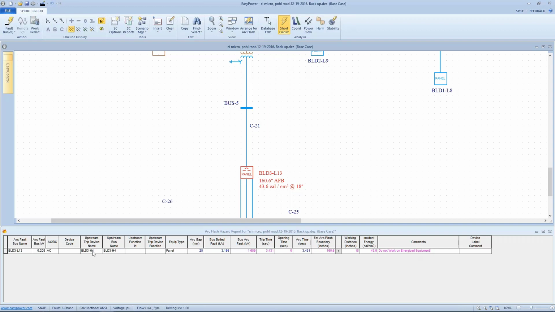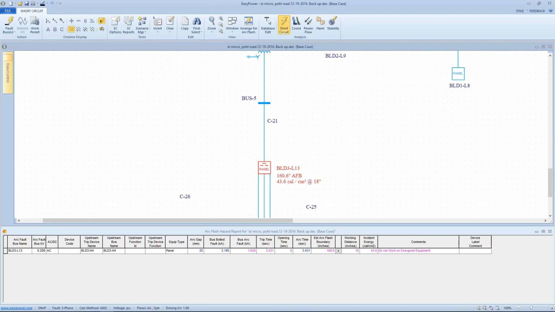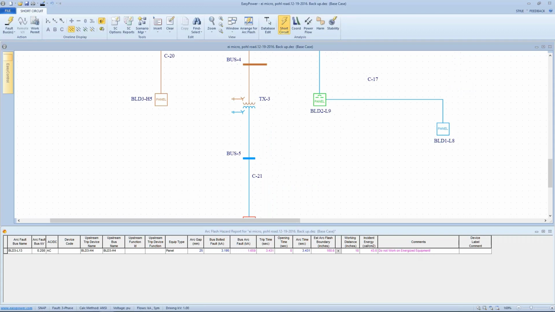The protective device is BLD3H4, which is the breaker upstream in the feeder panel feeding the transformer. We see that the air gap is 25 millimeters. Voltage fault current, we already discussed, was just under 3,200 amps, which puts us on the borderline of not even sustaining an arc itself, and yet we're allowing the tool to calculate out to almost 3.5 seconds. And that's the reason that we're getting high incident energy. So the first place of control or adjustment,